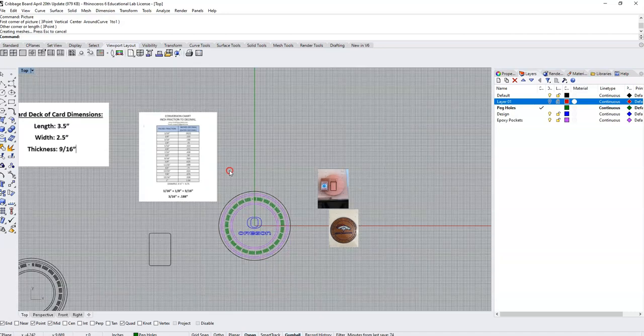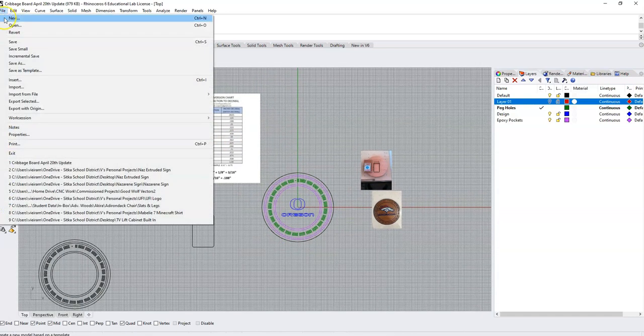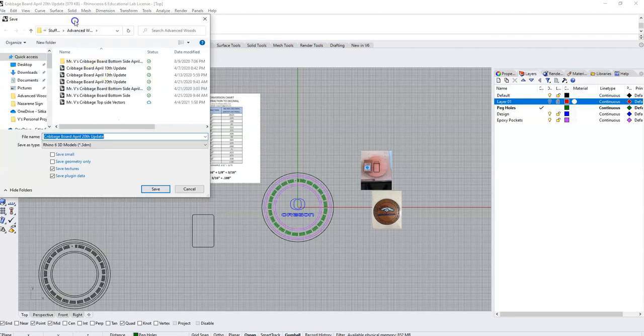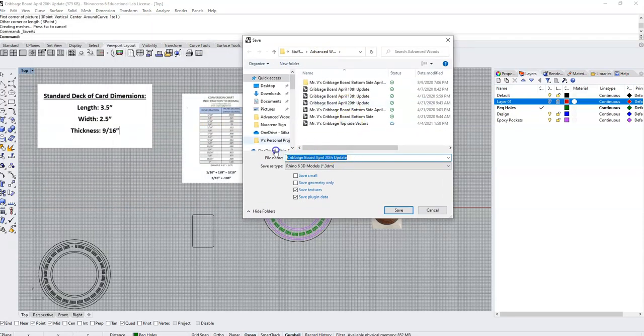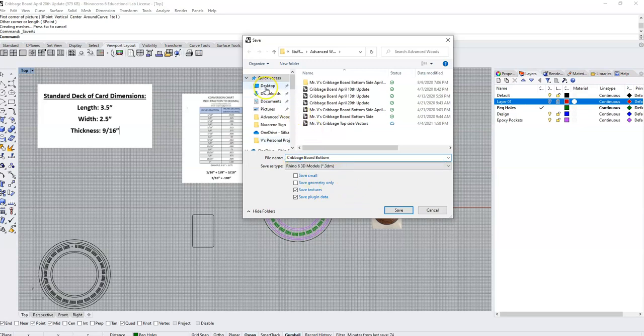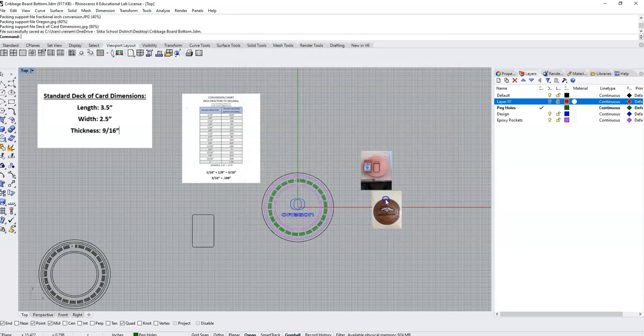So the first thing we're going to do, with our file open, is come up and go File, Save As, and we are going to call this file now Cribbage Board Bottom. Find a place to save that, and we'll make sure now that anything we do on this file will not overwrite the top side file that we